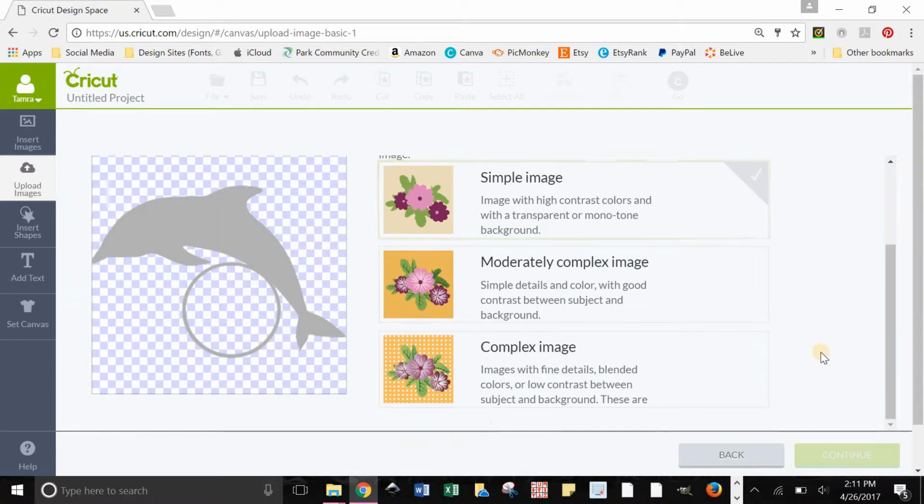So if I were to install this right now, it would just be the dolphin in the circle. All of this checkered area would be blank, which is what we want. Now since it's just a one color file, no crazy detail in it, we can just click simple image and it'll automatically pull these out. If you hit continue,